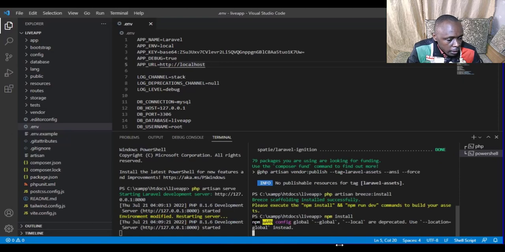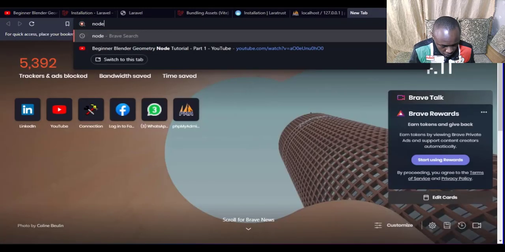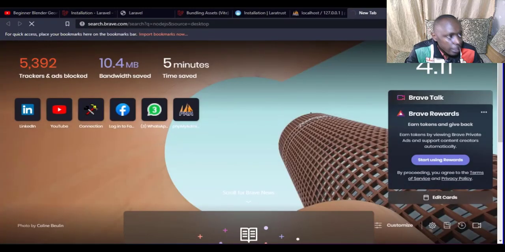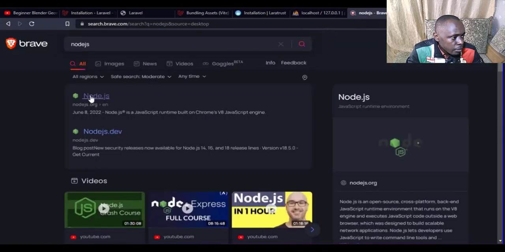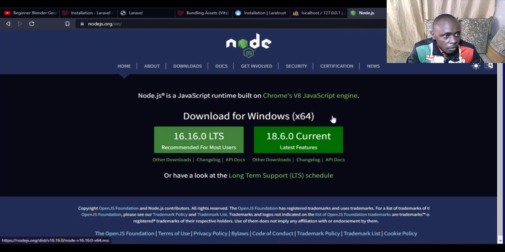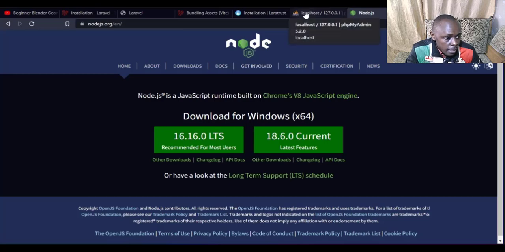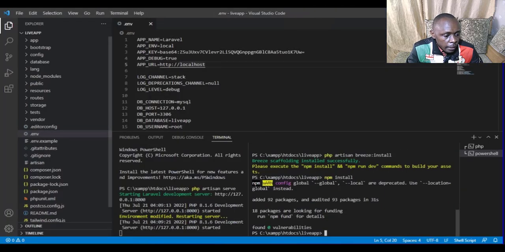Ensure when you're installing your desktop setup, you also have to install npm, that is Node.js. Let me just take you there: Google Node.js. These are the requirements. You have to go through the requirements and then you install Node. Right now we are using Node 16, which is what I'm using on my PC. And when you install npm, you also ensure you have installed